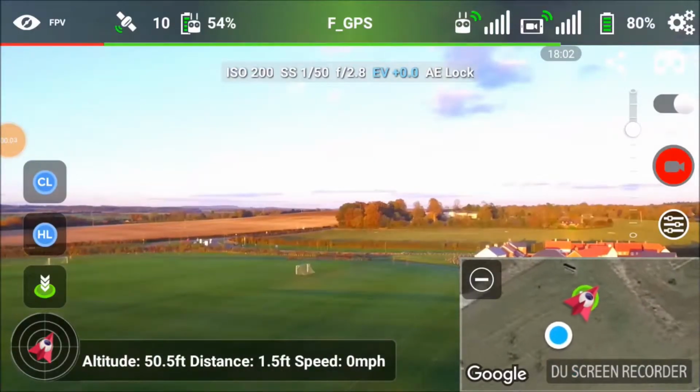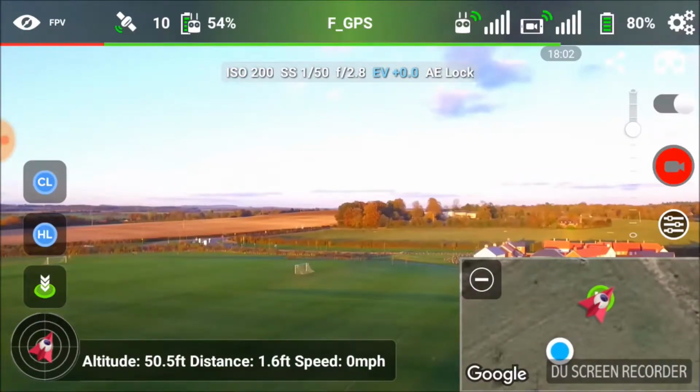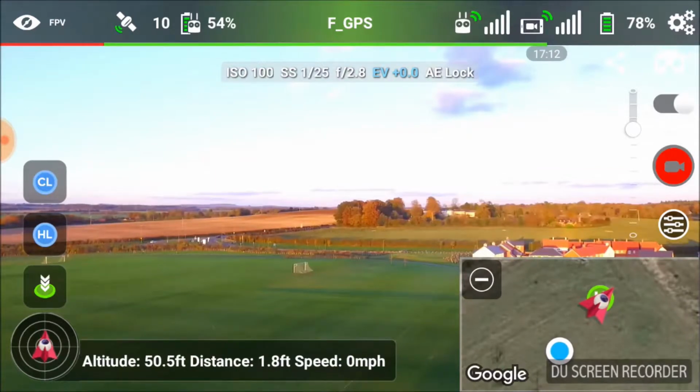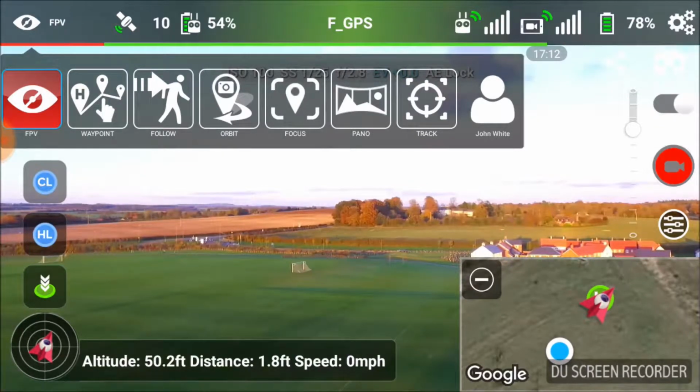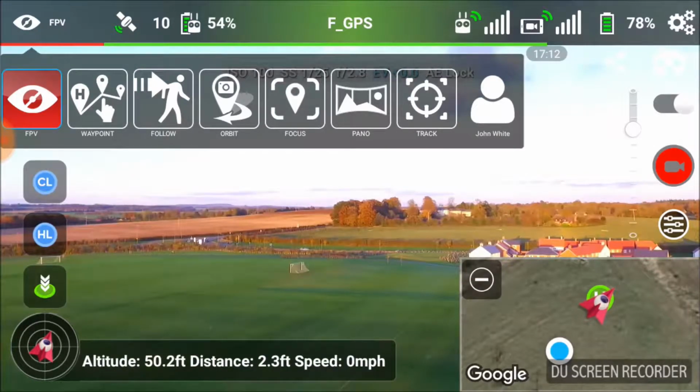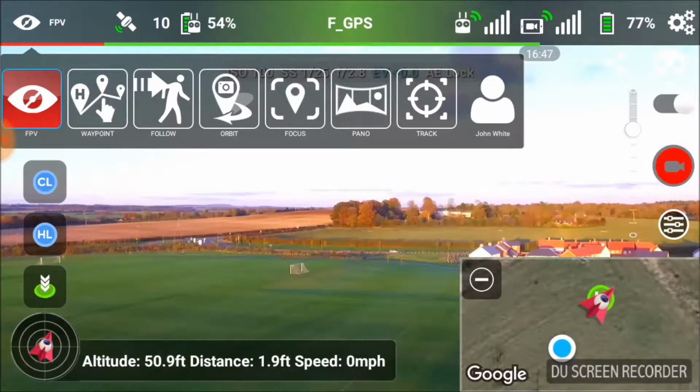50 feet altitude, 80% battery. Right, here we go. We're going to try flying a waypoint mission now. So first of all, we bring up our selection of tasks to do. And as you can see, we've got waypoint, follow me, orbit, focus, pano, track. 77% battery. So we're going to select waypoint,